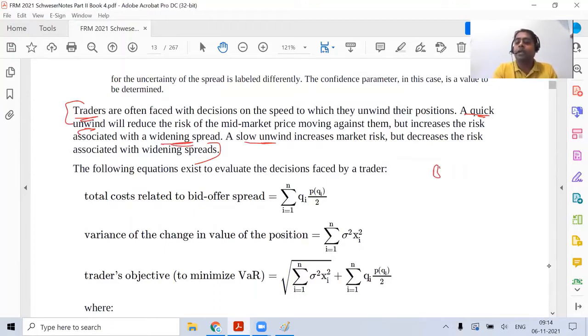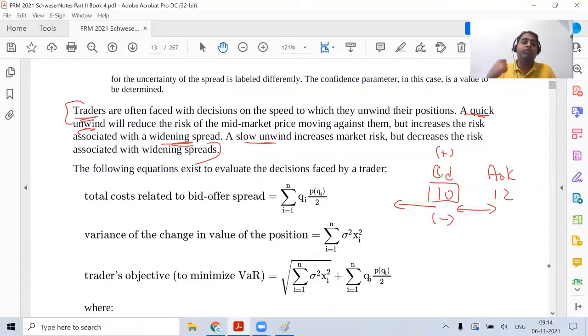Look at the bid price and the ask price. Suppose I want to sell everything to the dealer. When I want to sell, he will be buying, so we are talking about the bid price. Now think logically, if I want to sell a very huge quantity, he might not give me 10, he might give me a lower amount, because he might buy at a lower price. He might say, okay, I will buy at 7, I will buy at 8. So do you realize that the spread is widening? The spread is widening because of the size of the asset.